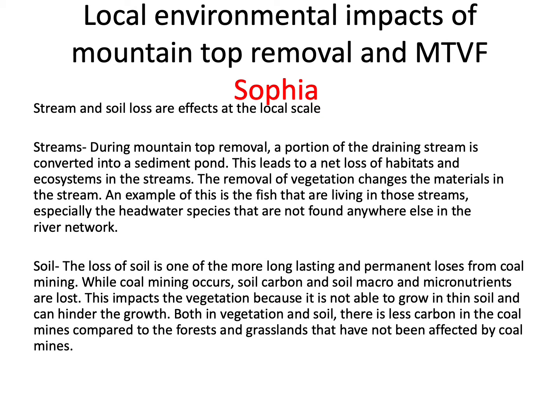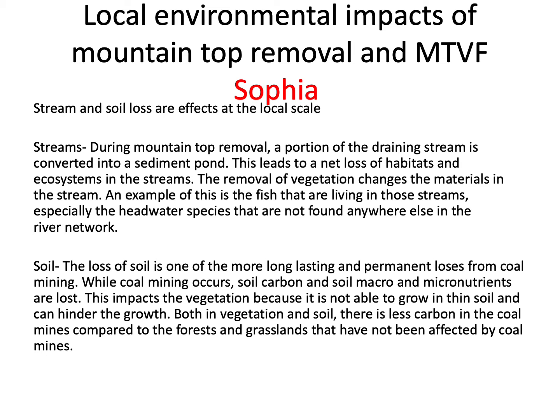Local environmental impacts of mountaintop removal include stream and soil losses. During mountaintop removal, a portion of the draining stream is converted into a sediment pond. This then leads to a net loss of habitats and ecosystems in those streams. The removal of vegetation also changes the materials in those streams. An example that is shown in the article was the fish that are living in those streams, especially the headwater species, are not found anywhere else in the river network, but then are also losing their ecosystem through the coal